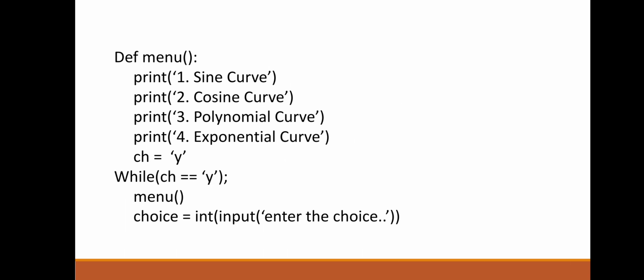So we are defining a menu, that means we are displaying 1, 2, 3, 4. So there are 4 options that we will be displaying, and we have to select any one curve that we choose. For that we are giving options. We will display 1 as sine curve, 2 as cosine curve, 3 as polynomial curve, and 4 as exponential curve. So we are giving another character, that is y. So we are coming into a conditional statement while character is equal to y. Our choice is